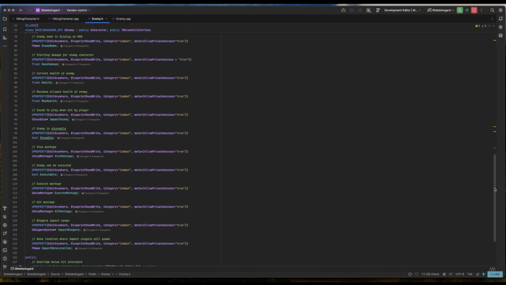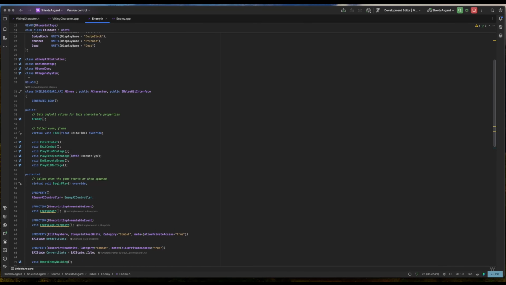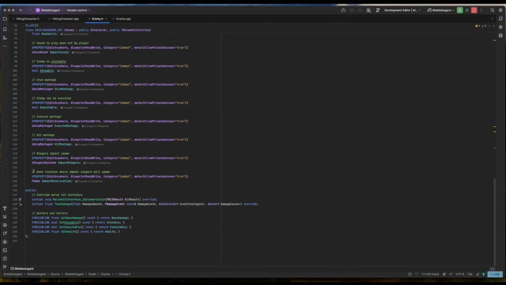Also, what I did was I just do the class Niagara system. I just do the declarations there, and of course you can just do the declarations down here just by typing in class and then going from there. So after I did that, I just did Niagara impact spawn,